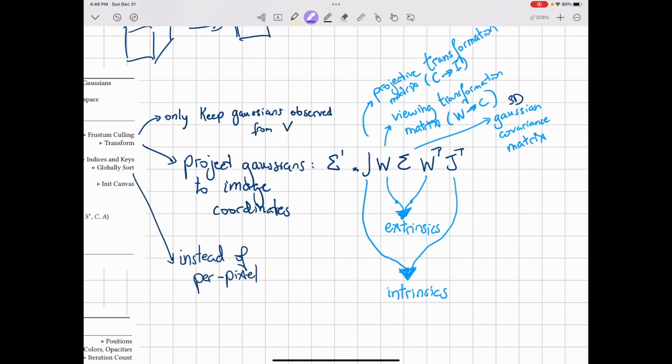By multiplying W with sigma and with W transpose, it's like you're taking your 3D shape and transforming the 3D shape to camera coordinates. This is in world coordinates, and then after we multiply this,